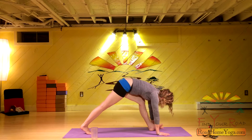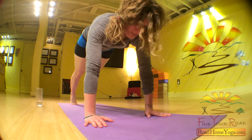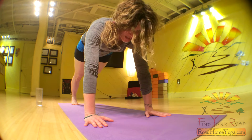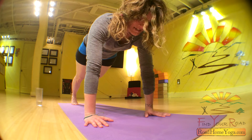Step into your first high push-up. You bring those shoulders forward, right over the wrists. If you just rock your body weight forward, there you go. You're going to press back through your heels and stretch your chest away from your heels. Squeeze those thighs up. Tailbone lengthening. Breathe here. 5,